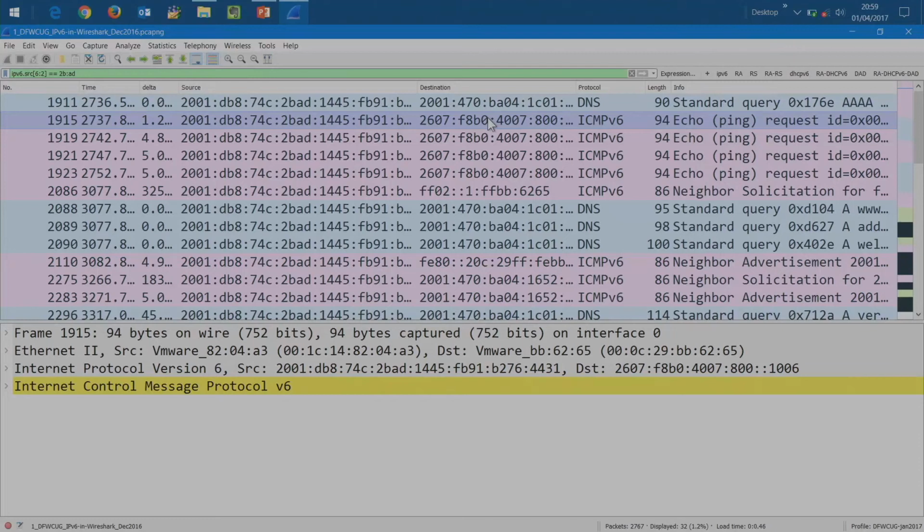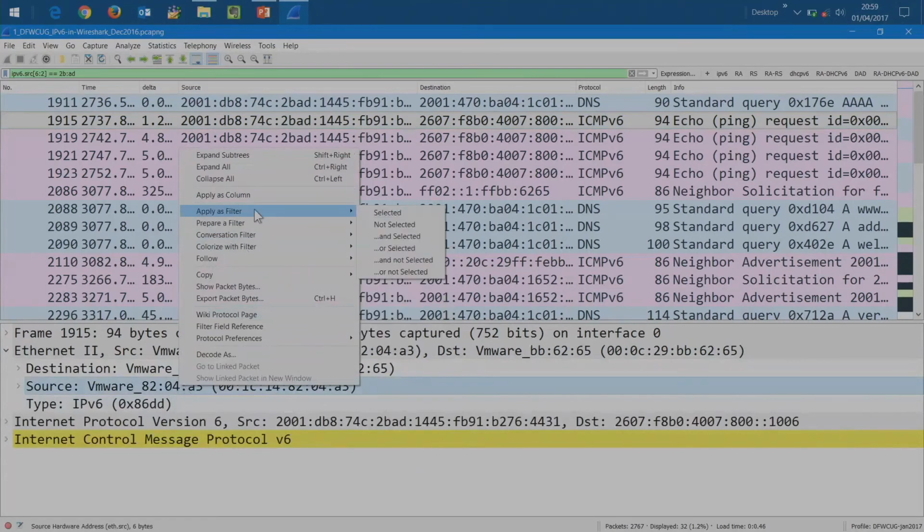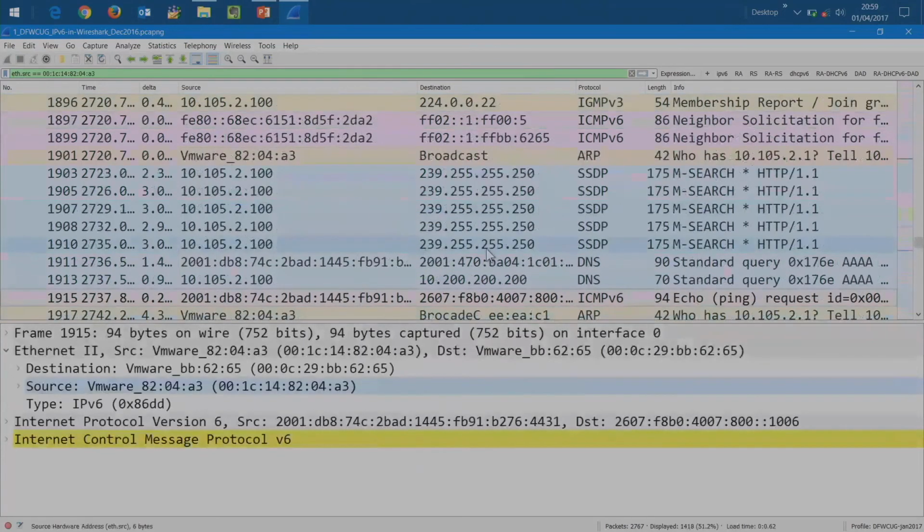So one of the things that got me thinking about this, well, I just wonder what this client is doing with only this bad V6 address I see. But what else is it doing? So go down to its source MAC and build a filter based on the source MAC, say selected, and I find out, well, this guy is doing all kinds of stuff on V6 and V4. If we went through and looked down here, we might see in those packets that he made a DNS query on V4 for a quad A, he did, and shortly thereafter he did a ping on V6 that will go nowhere, but he was using a real address.